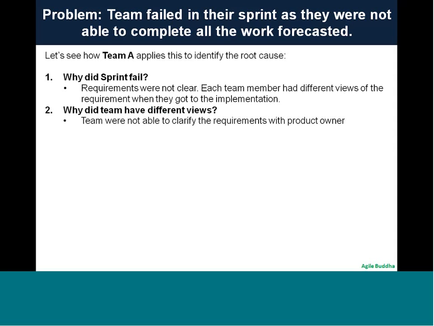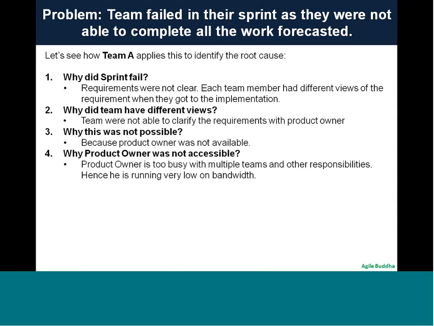Because the team were not able to clarify the requirements with the product owner. When they had any doubts or questions, they were not able to clarify those requirements with the product owner. Why was this not possible? Because the product owner was not available. Because the team asked why we were not able to clarify the requirements with the product owner, then when the facilitator asked why this has happened, they say, you know what, the product owner was not available for us. Then we ask why the product owner was not accessible,